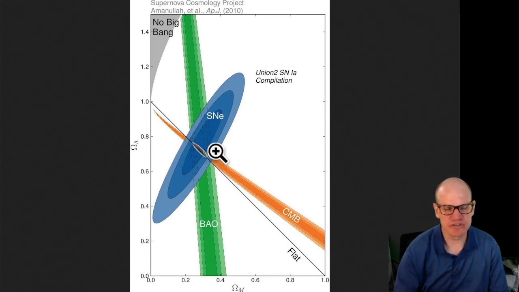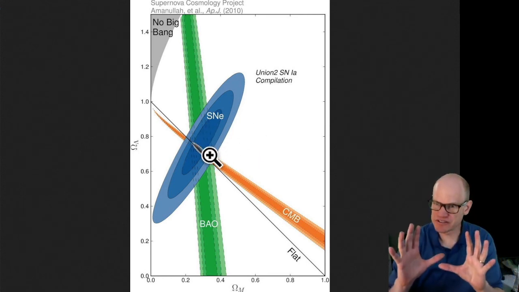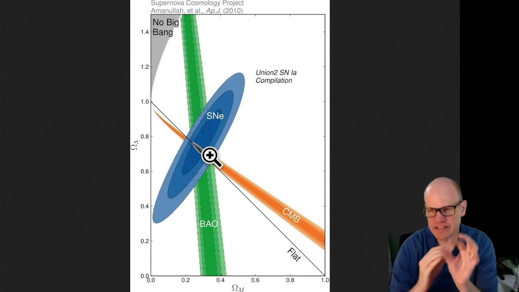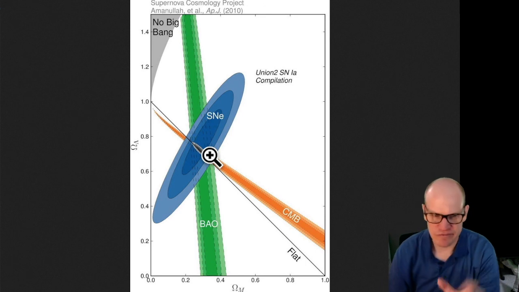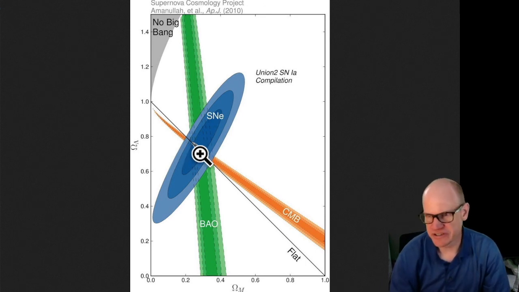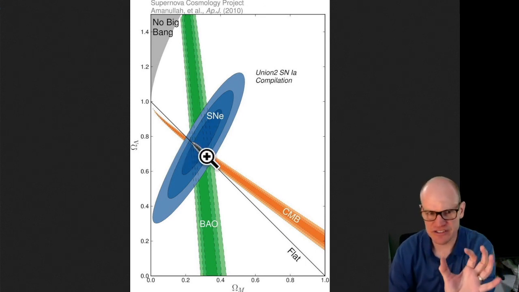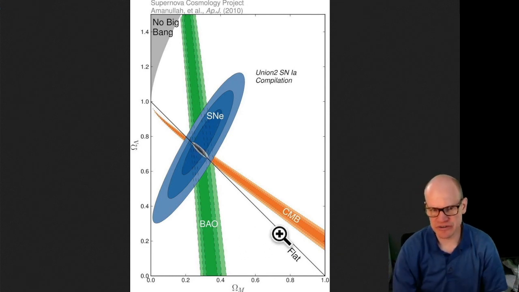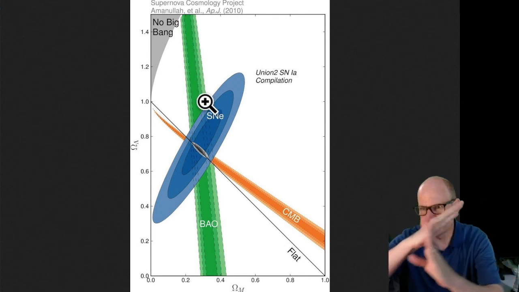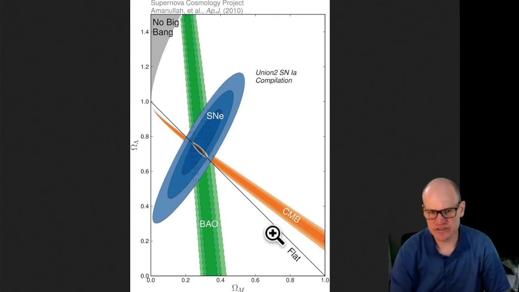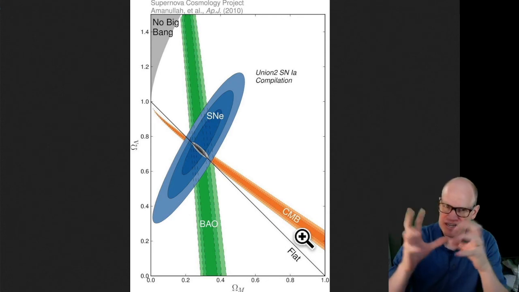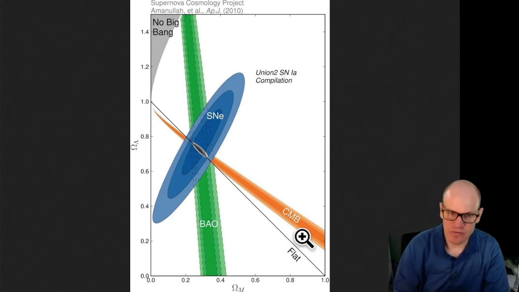So the real universe is the intersection between these principles. Yes, the real universe is, because the universe has to be self-consistent, and so you have all these different independent measurements, and they all overlap in one region. And so you say that the universe that we live in has to be in that region. You could have another universe that's down here where you have more matter, but all of these things would slide around in order to coincide in that universe. So any universe has to be consistent with itself.